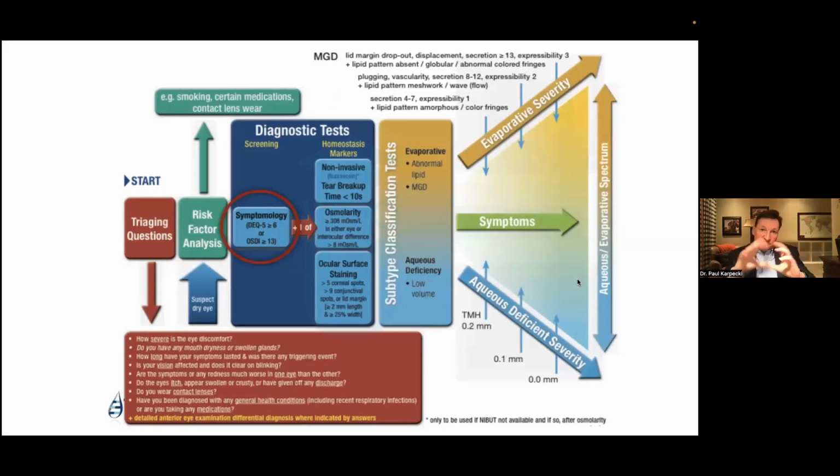I also like this middle diagnostic test because it says you need a symptom and you need a sign. And that makes a lot of sense because if you only had signs, patient comes in with grade 4 staining and says, my eyes are a little blurry. That's not dry eye. That's neurotrophic keratitis. That's from HSV in one eye, diabetes in both eyes, previous stroke, surgeries, stuff like that. So symptoms have to be there. And then you want to look at a sign to correlate it.